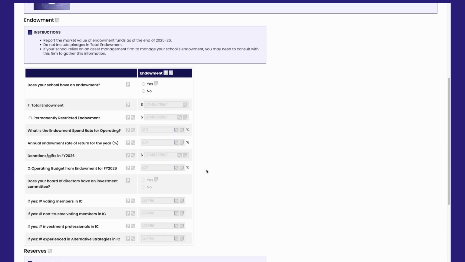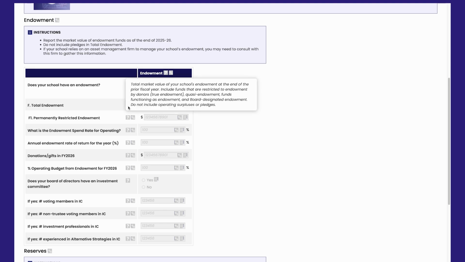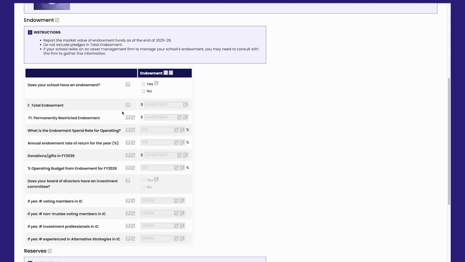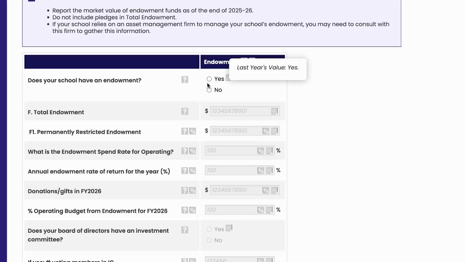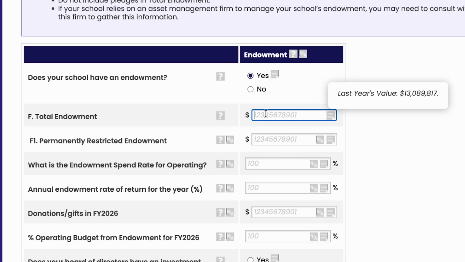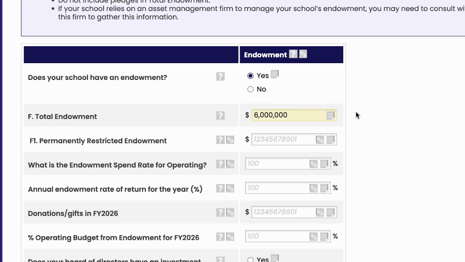Carefully read the definitions to ensure you enter the data requested. If your school relies on an asset management firm to manage your school's endowment, you may need to consult with this firm to gather some of this information. In Endowment and Reserves, you will enter your school's total endowment. The permanently restricted endowment will be populated from the net assets with donor restrictions that are perpetual in nature from